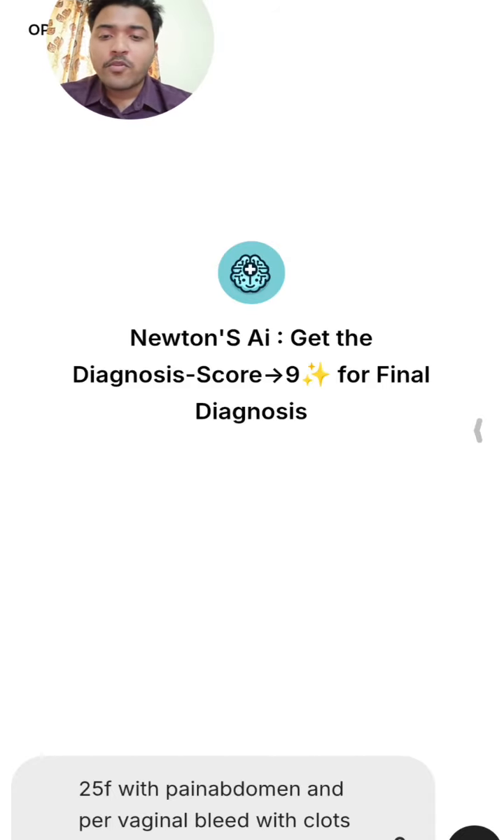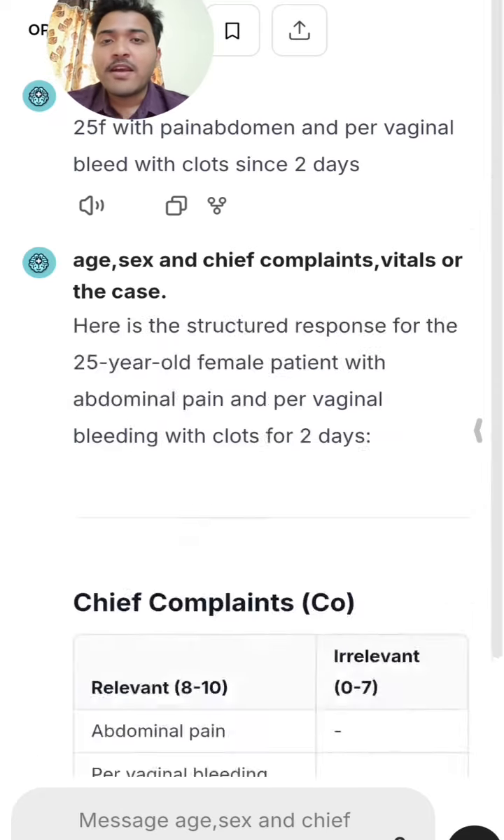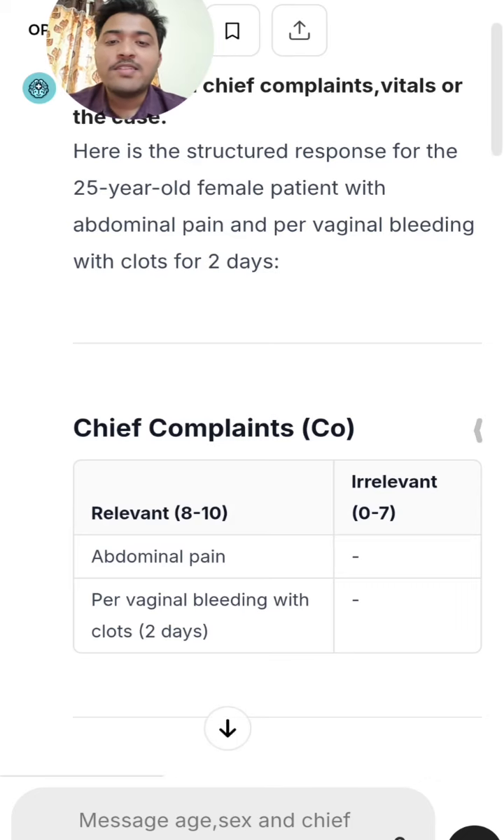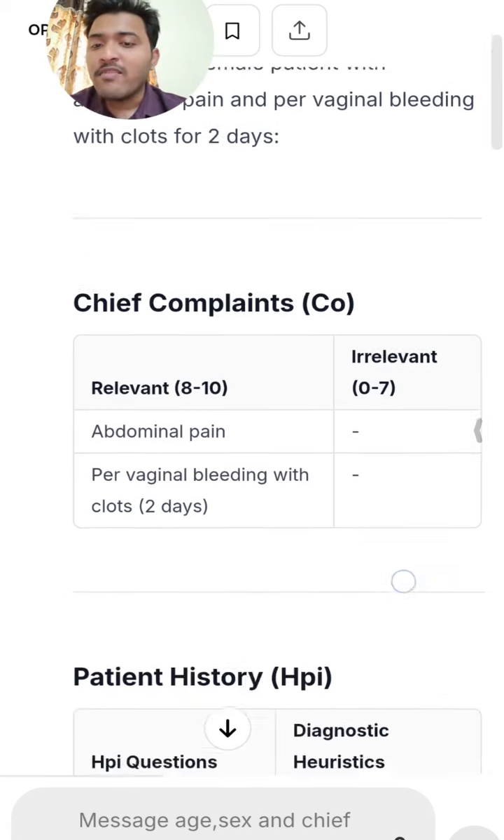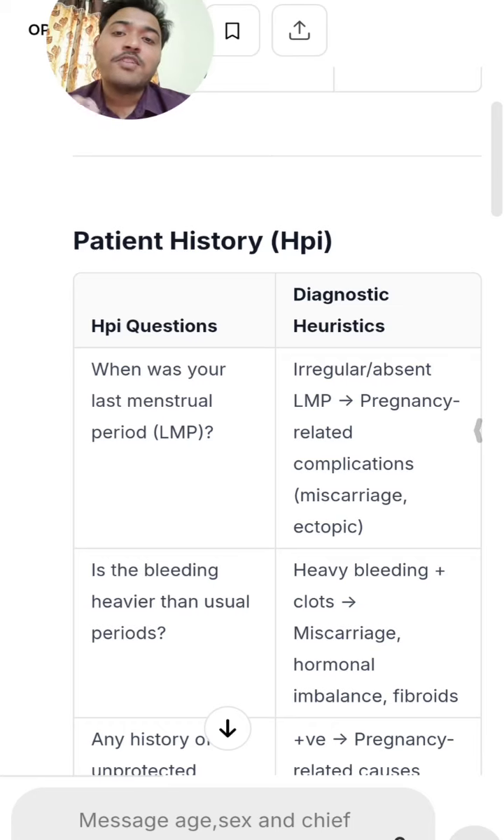Here is a case of a 25-year-old female with pain abdomen and per vaginal bleed with clots since 2 days. Let's see how the OPD assistant interprets this case. The OPD assistant segregates the complaints into relevant and irrelevant parts. For example, if there is an irrelevant history such as myopia, it will keep the myopia in the irrelevant section and focus only on the relevant information, and then it will ask the questions to be asked in